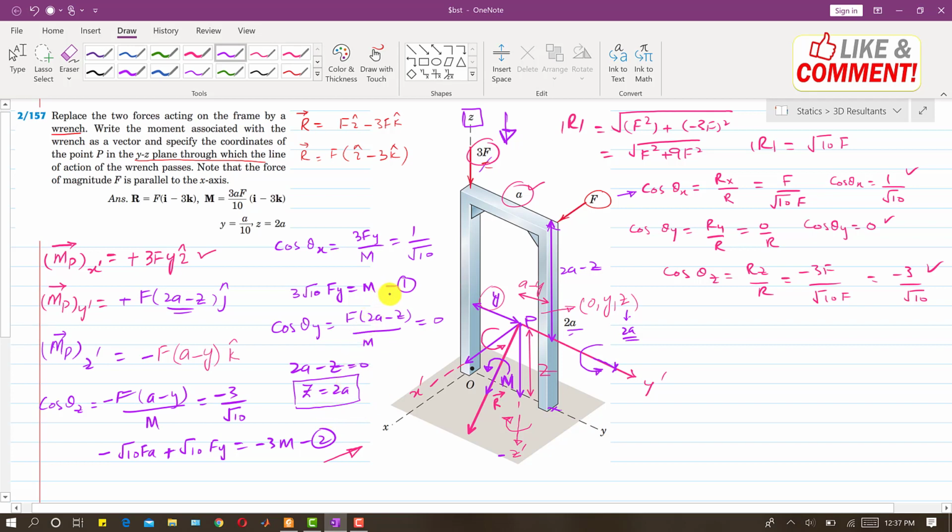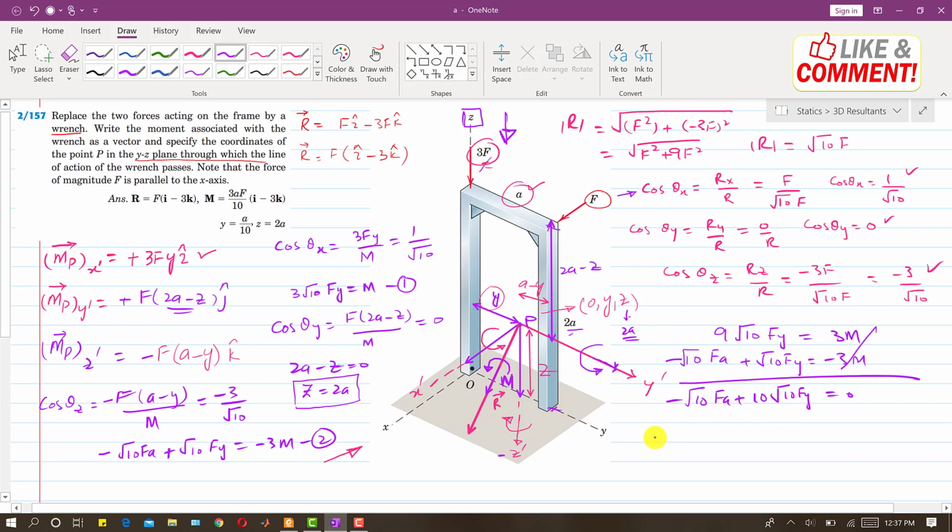So if I multiply this equation 1 by 3, we will get 9 square root 10 F y equals to 3M. And if we add this equation and this equation, so then this will be F a plus, this will be minus 3M. So if we add both these equations, this will cancel out, this will be minus square root 10 F a, and if we add up both of these, this will be 10